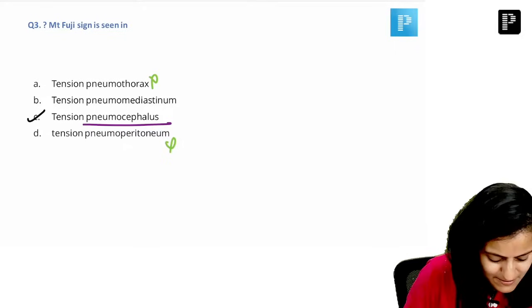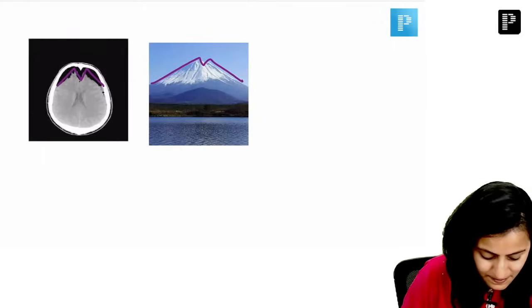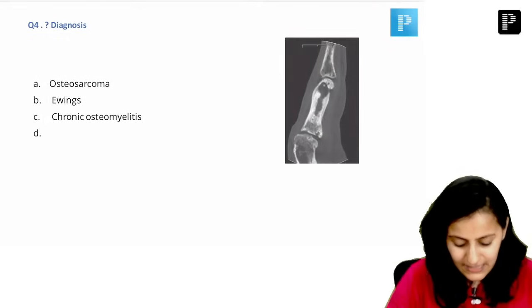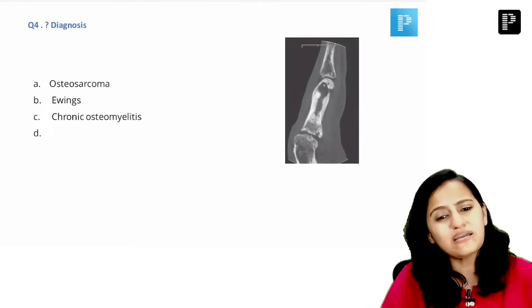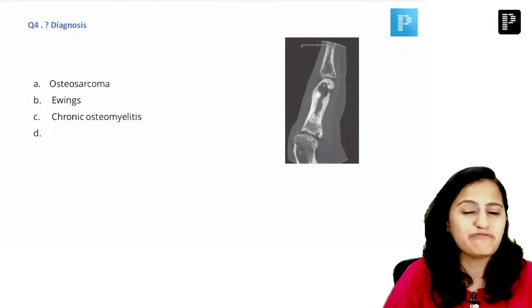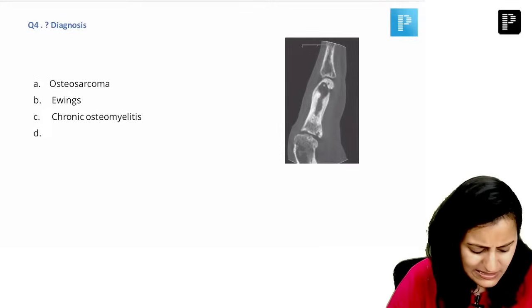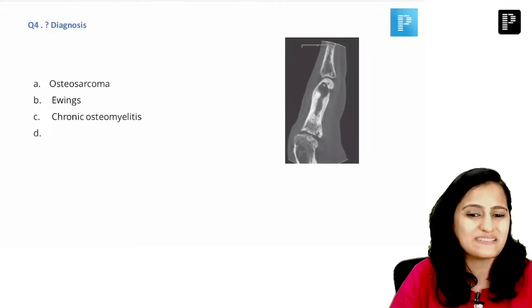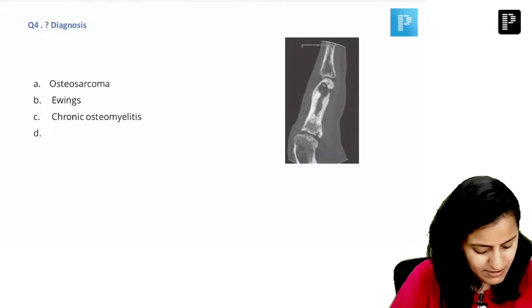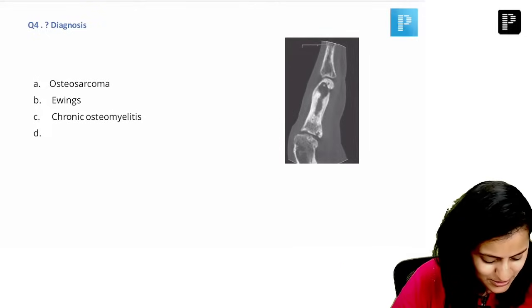Next one, I'm coming to all the questions. What is the diagnosis? Though the image is not the same, it was the image of femur, CT showing femur bone, but the femur bone looked very similar. Right, that's why I put this image for you guys. So remember here,